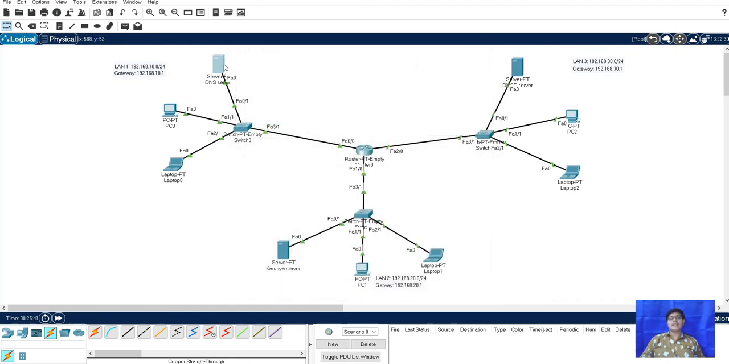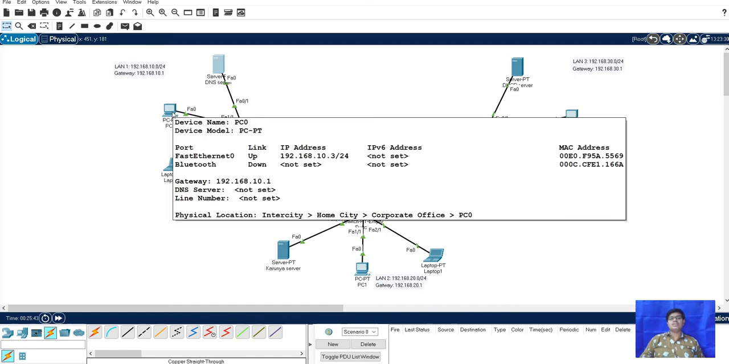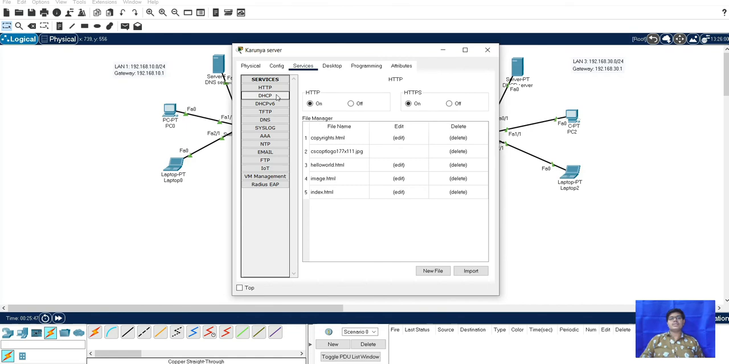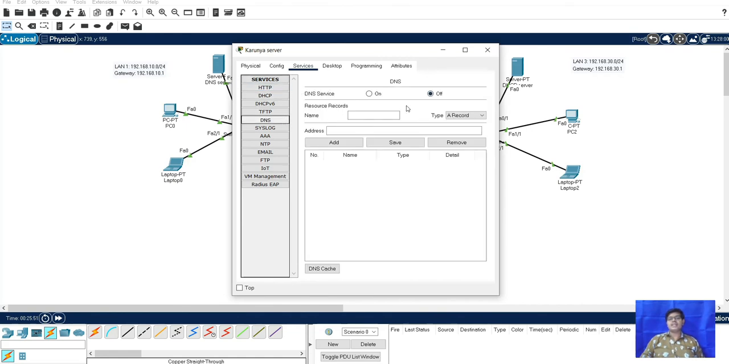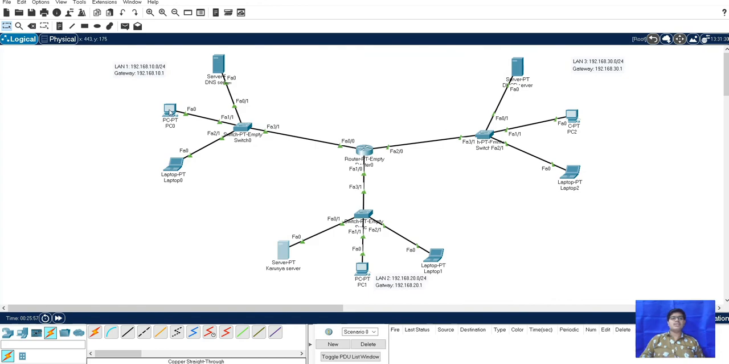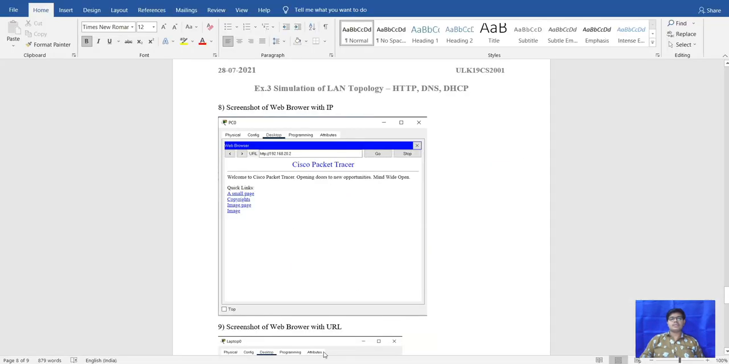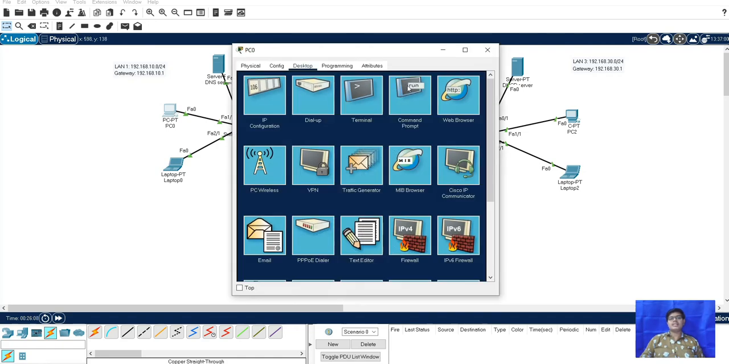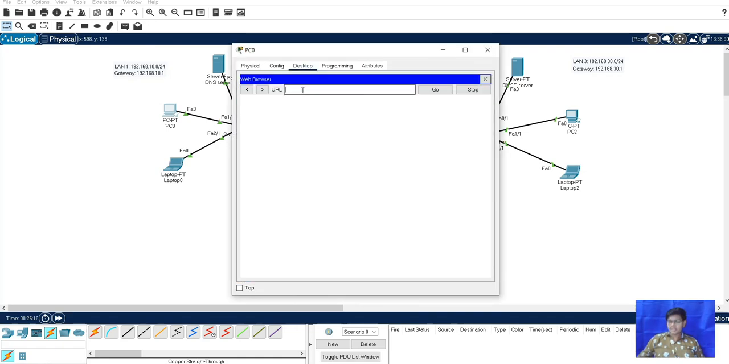Okay, so after adding, this will give the connection to the Karunya server. After that for DNS, if we check this, in this server DHCP is given, HTTP is given, and same here for DNS we will turn on, and this will configure the IP address. So for that if we check, this is the web IP, the screenshot. For that if we want to access here, we will go to our PC, and for that web browser we will go here and type